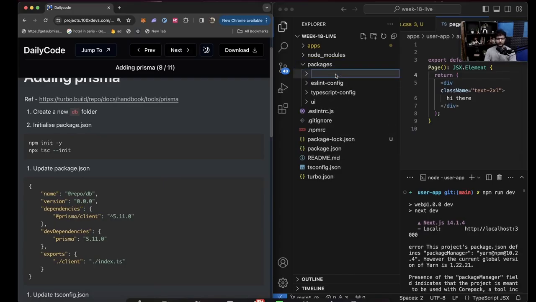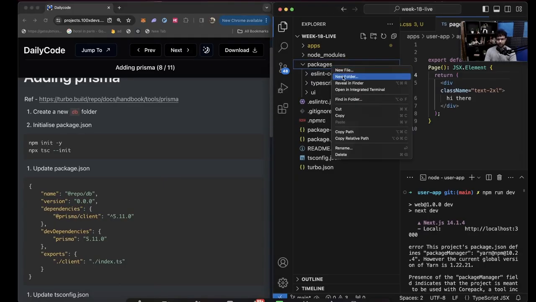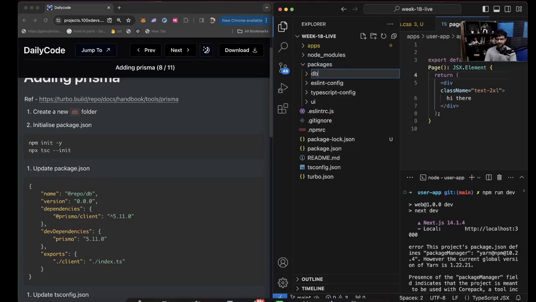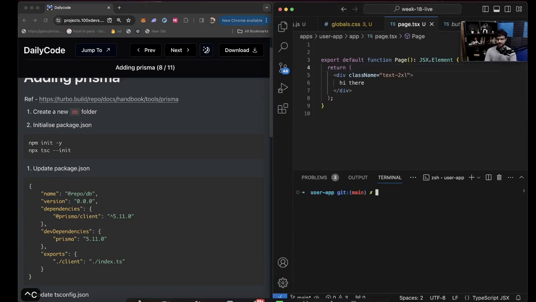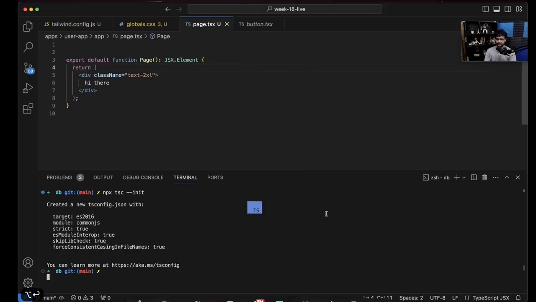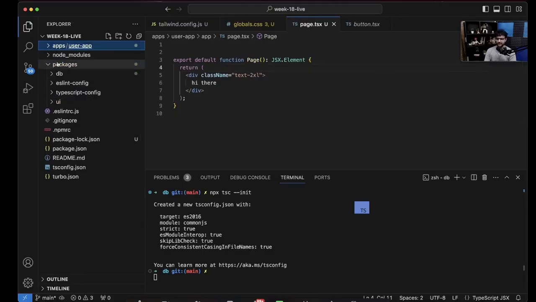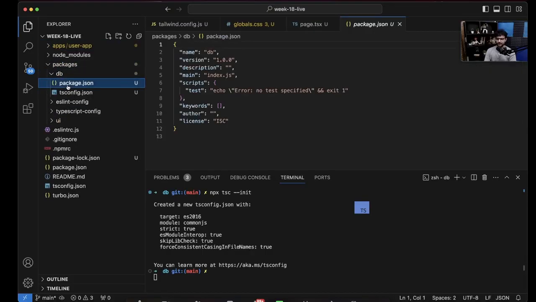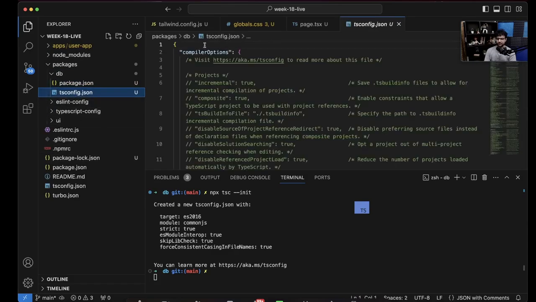So the first step when you're adding any package is to add a new folder over here. You can call it whatever you want. I'll call it Prisma, or you can call it ORM or DB. What have I mentioned here? DB. So let's just call it DB. Then initialize a package.json over here. Let me go to packages/db. If Tailwind doesn't work for you, feel free to proceed to this step. In packages/db, run npm init -y to initialize package.json, and npx tsc --init to initialize tsconfig.json. Given that you have a fresh package now called db, which has a package.json and a tsconfig.json,